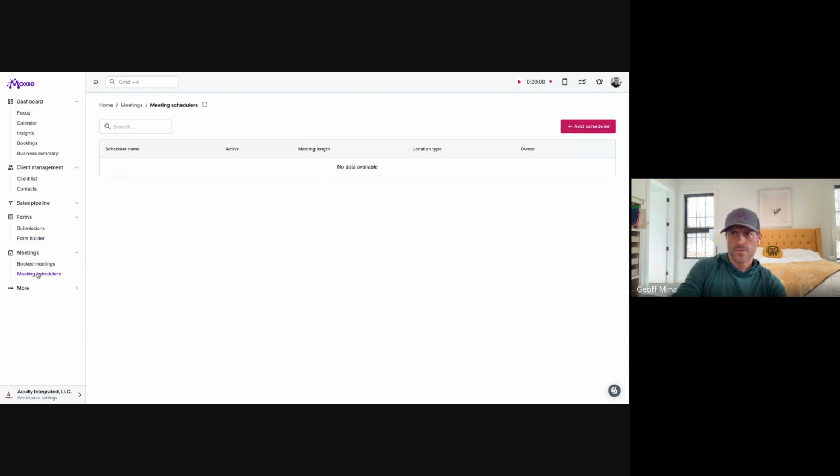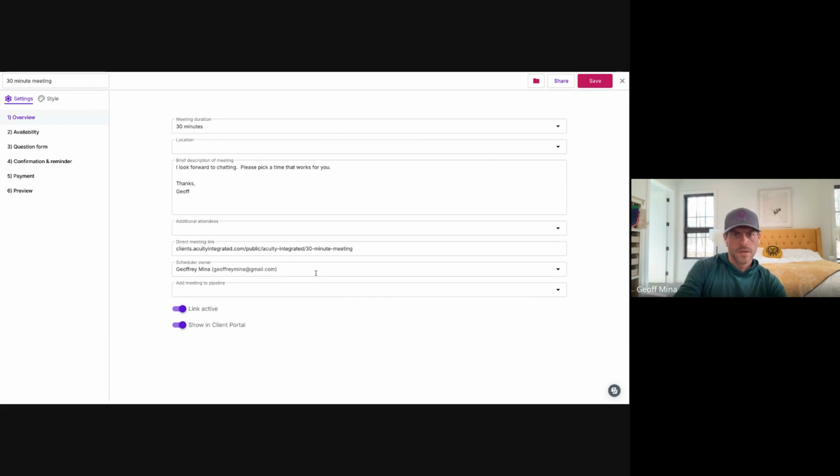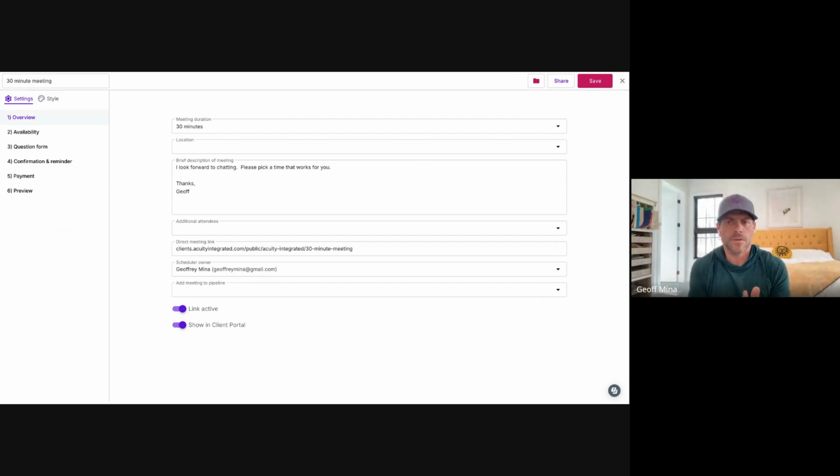Okay, let's go through the meeting schedulers real quick. All right, I will. So the meeting scheduler is, for those of you who aren't familiar with the product, a Calendly replacement. It pretty much does all the things that Calendly does, allows you to choose where your meeting is going to be located, Office, a Microsoft Teams meeting, a Google Meet, Zoom. It allows you to configure